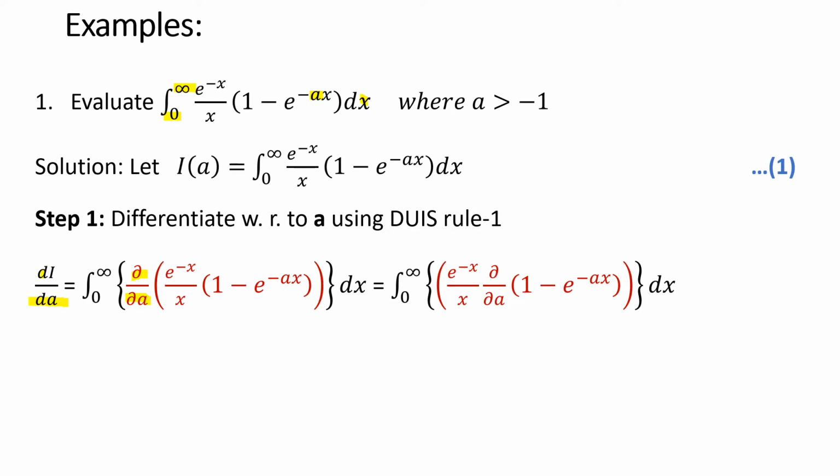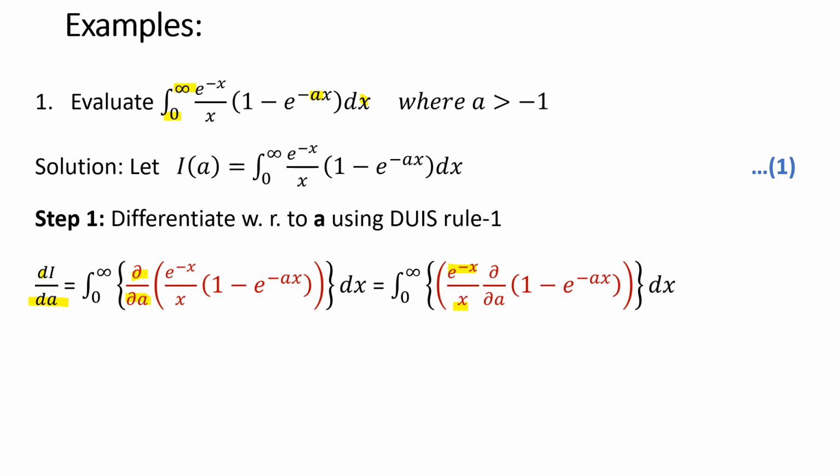So what you will get, that is equal to, if we solve this red function, so we will get 0 to infinity, curly bracket will be as it is. Now we have to differentiate with respect to a, then x will be constant. So e raised to minus x upon x will be constant. So we took it outside the partial derivative, that is del by del a. But we can't take it outside of the integration. Remember this thing. This e raised to minus x upon x is your constant with respect to del by del a. So we took it only outside of del by del a operator.